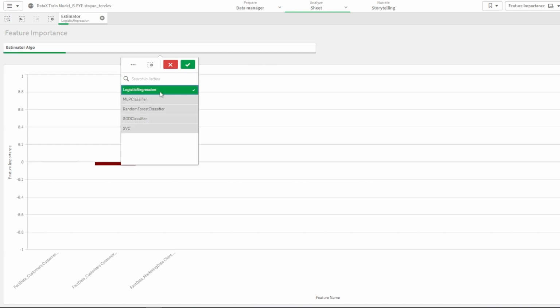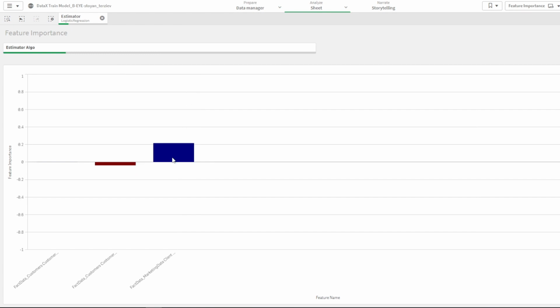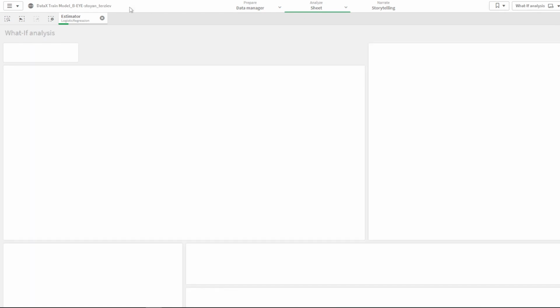Here, the first part is analysis of the feature importance. So the different algorithms give us different overview of what the importance of the features that we chose is. Now, this one evaluates that there is basically no importance here for the logistic regression. The majority of the predominant importance is stacked into the client interactions feature. So we can actually move forward from here, and I'm going to show you how you're going to run your